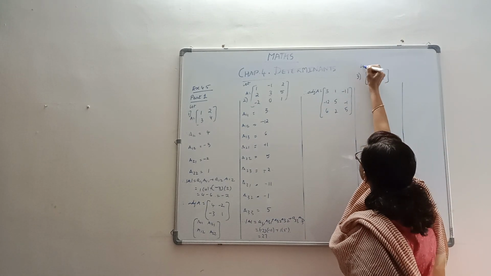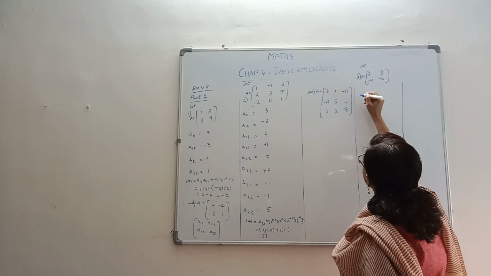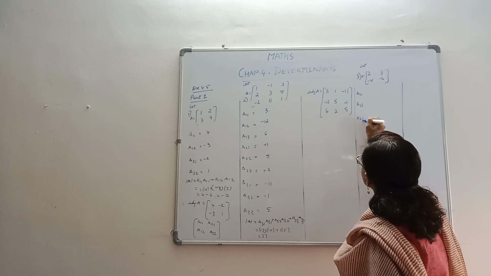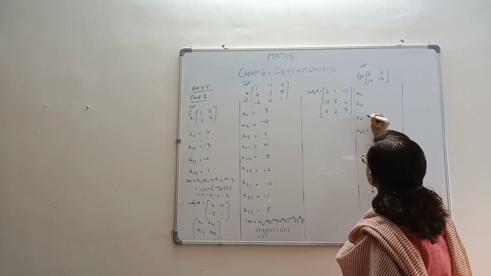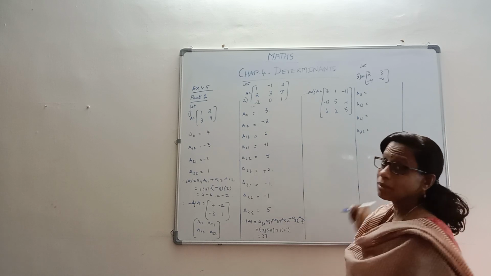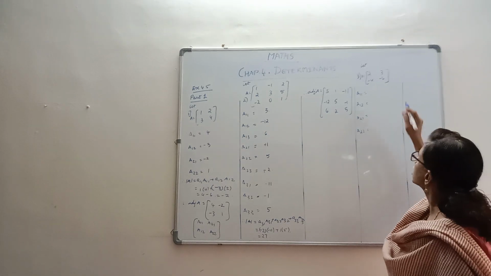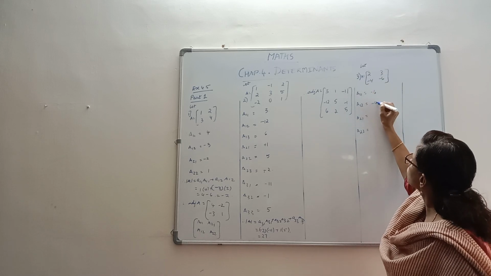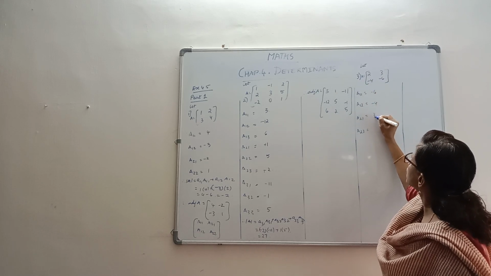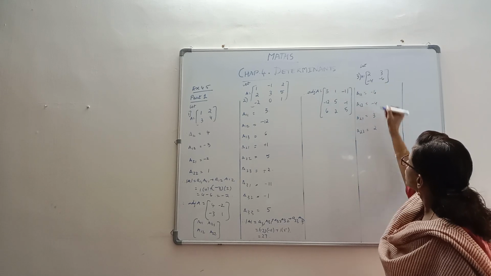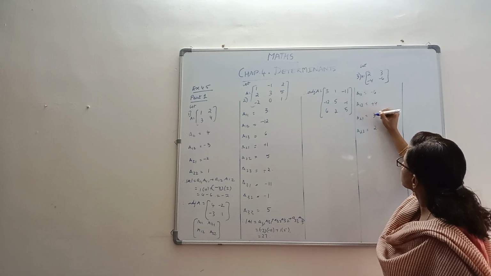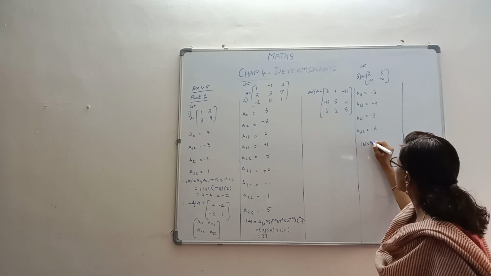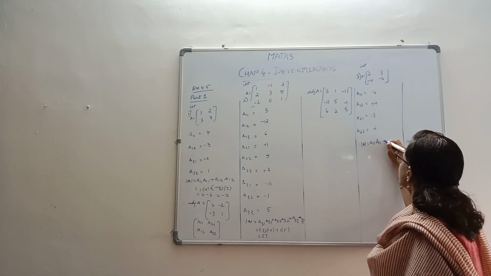We are calling this matrix A, and as usual we will first get the cofactors. We'll get the minus first and then make it cofactors later. So A11 is going to be minus 6, A12 is going to be minus 4, A21 is going to be 3, A22 is going to be 2. This remains as it is, this is going to change sign, this is going to change sign, and this remains as it is. So when we plan to do the determinant, we can take maybe A11 and A12.